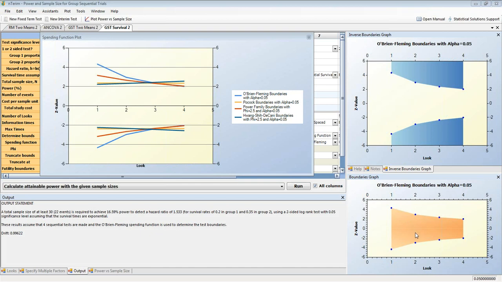If the test statistic falls between these two boundaries, then you continue the trial until it moves above or beneath the boundary, depending on your hypothesis. And if the test statistic moves above or below the boundary in favor of your hypothesis, then you can, in theory, stop the trial because there's overwhelming evidence that your trial is efficacious.